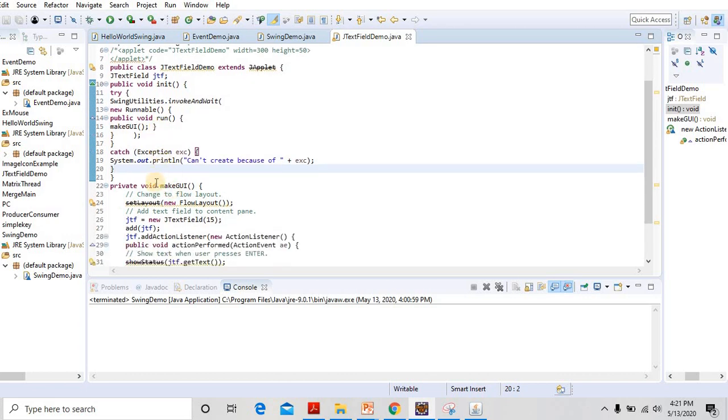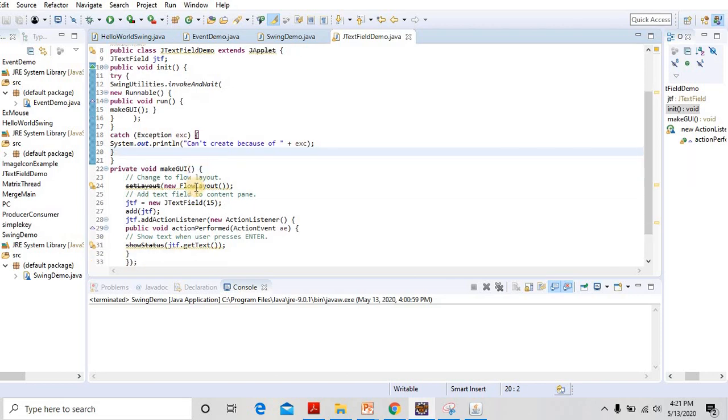Next we go to the makeGUI method. In the makeGUI method I have set the layout to flow layout. Next I have called the constructor of JTextField. 15 is passed as a parameter, so a text field with 15 columns is created. After that I add that text field to the container.